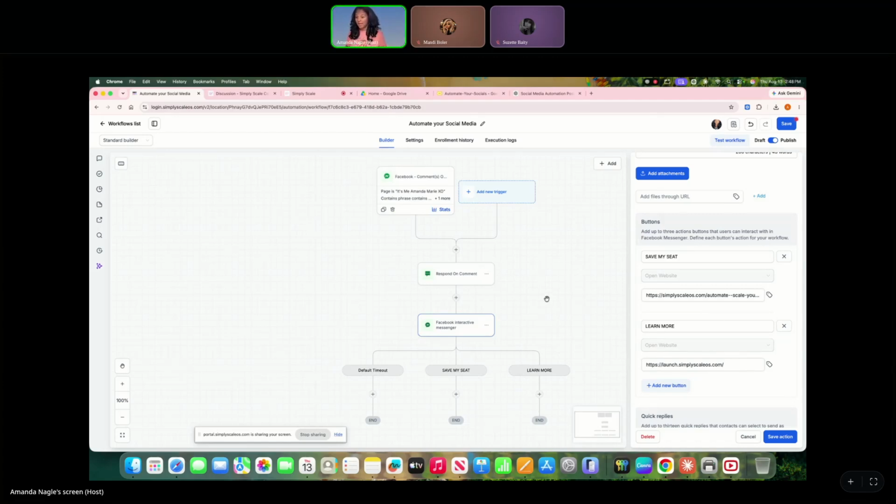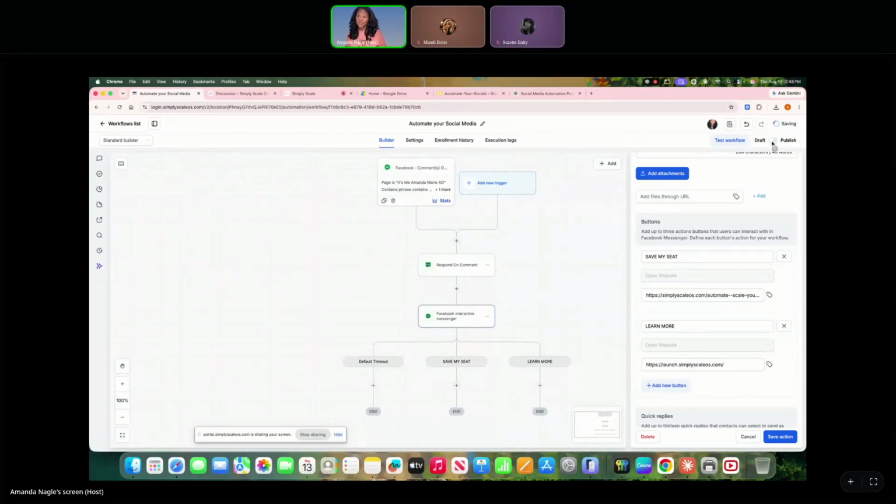Then you've got to make sure it's published. It's going to stay in draft mode when you first start this, so you've got to make sure it's published, because you'll think, wait, I just did that. It never publishes until you go in there manually and publish it. So you want to make sure that you do that. All right, let's hit save.